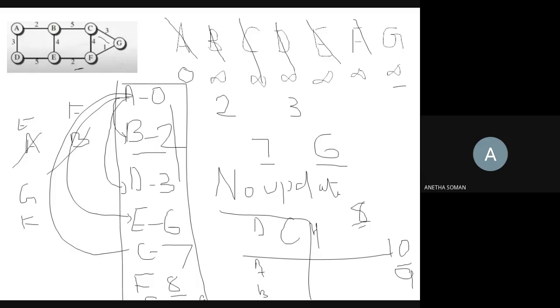This is your network. Initially, I have written all the nodes here. Now assume I have taken A as my root node, or the source node, and its value will be equal to 0. Initially I am assuming that the values of all the other nodes will be equal to infinity, so I will just write infinity. Now out of these values, which is the minimum value I have taken? A is 0. So that A, I have to cancel out, and this is the finalized value.